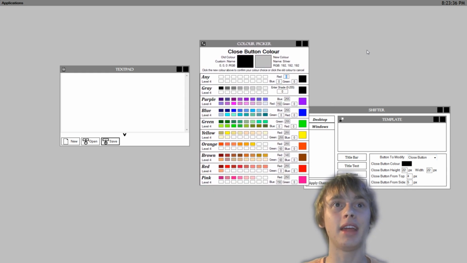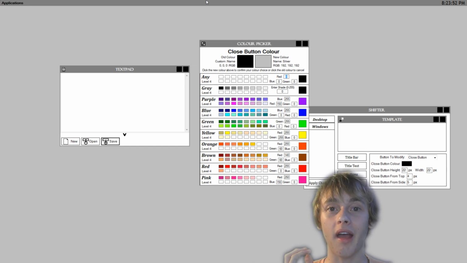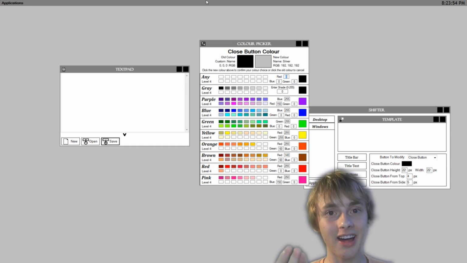or the desktop background. You can draw your own icons. You can draw basically everything. Even if you open Pong, you can draw your own Pong ball, your own Pong flippers, and it's just going to make it so amazing to customize ShiftOS, and you can make it look not exactly like other operating systems,